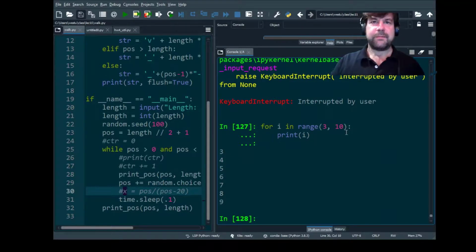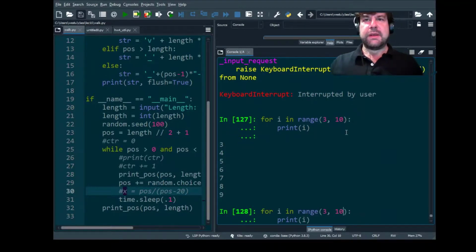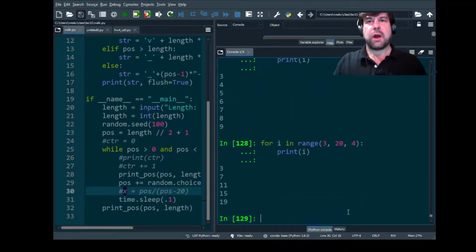All right, one more try. We'll do 3, 20, by 4 instead of 4, 20, by 3. Right, so we start at 3. We walk towards 20, skipping by 4. We stop at the last value we get before we go past the 20 mark. Okay, so that's pretty much